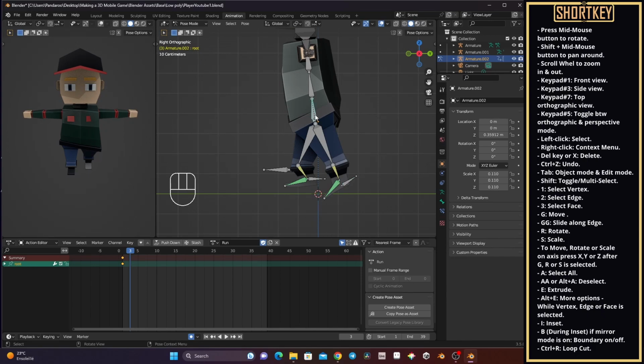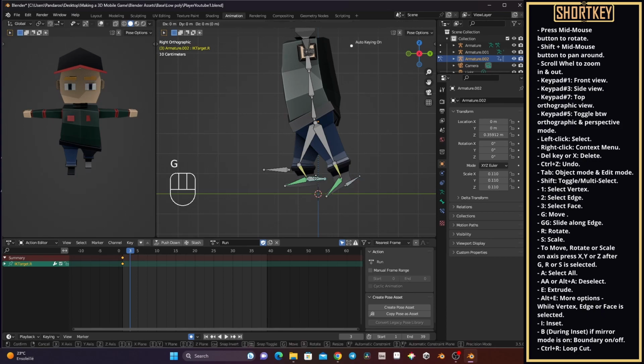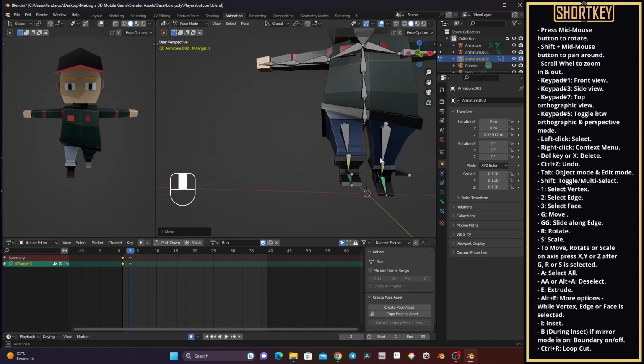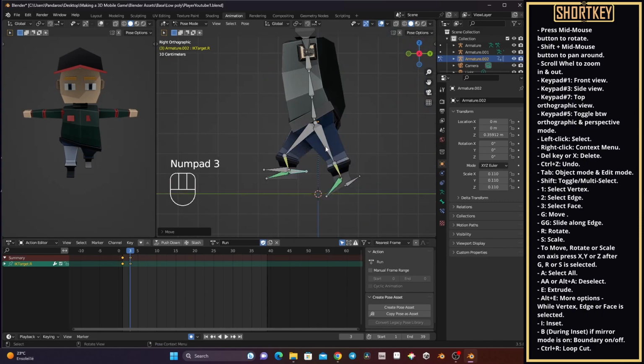I'm gonna move this one a little bit more up like that, and I'm gonna move this one down a little bit, and then I'm gonna take this one here. I'm gonna do G, Y to move it to the front like this, and then I'm gonna do G, Z to put it up like that. You can see that the rotation was weird, that's normal. So here I come there, that's good. And so now it looks about right, so I can come back to 3, and then I can double-click